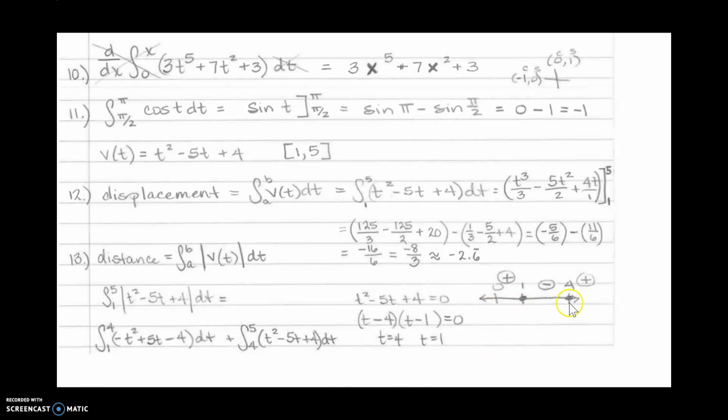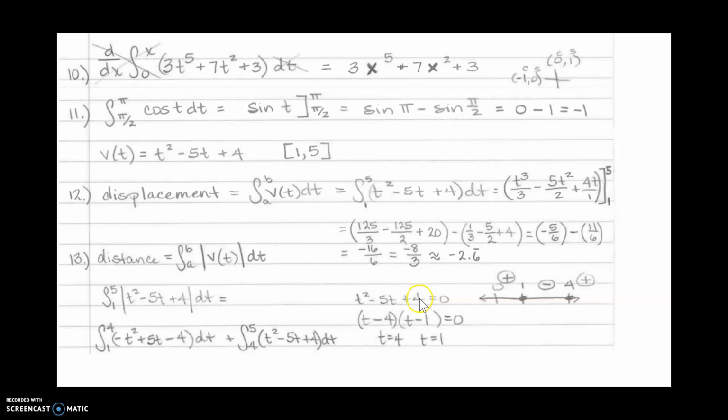Right, so we had just completed our sine graph over here. Remember that anywhere your function is positive, when you're doing absolute value, you're going to get exactly what you started with. But anywhere what's inside the absolute value is negative, you're going to get the opposite of what you started with. So for us, our function t squared minus 5t plus 4 is positive here, so I